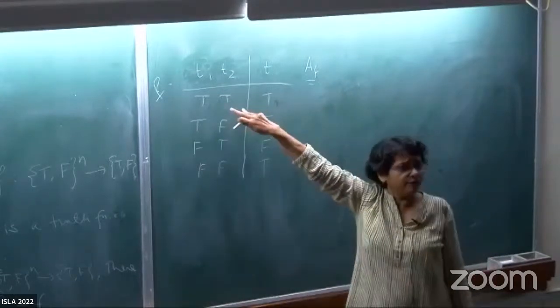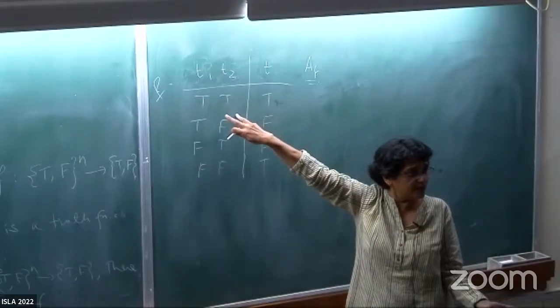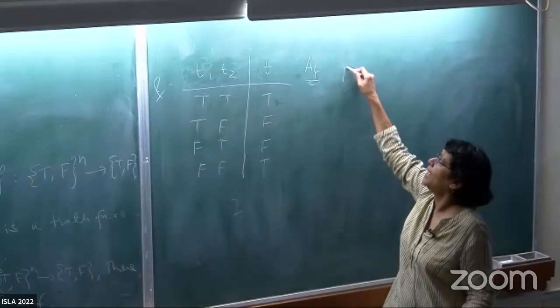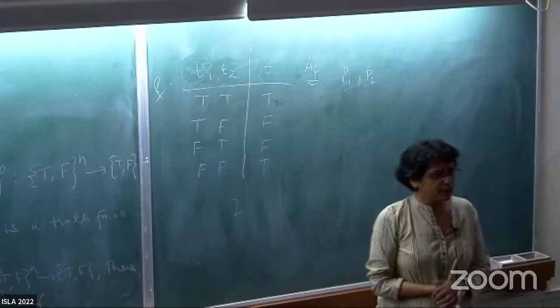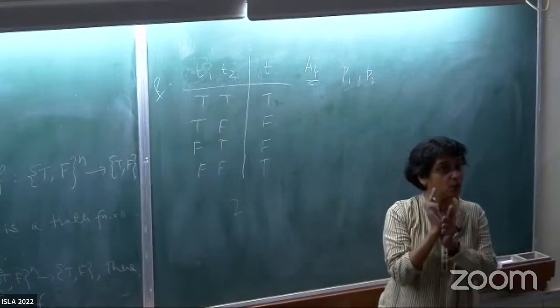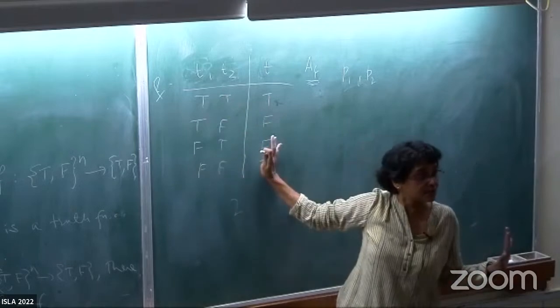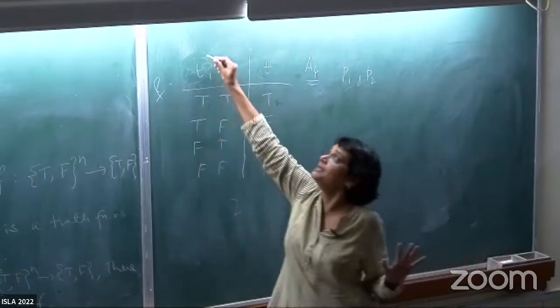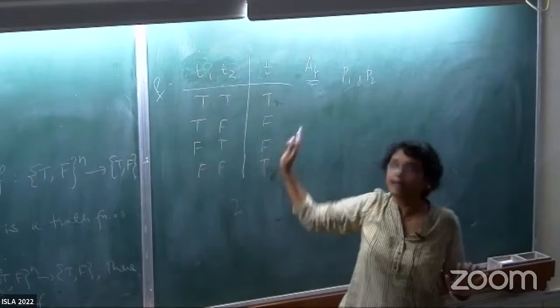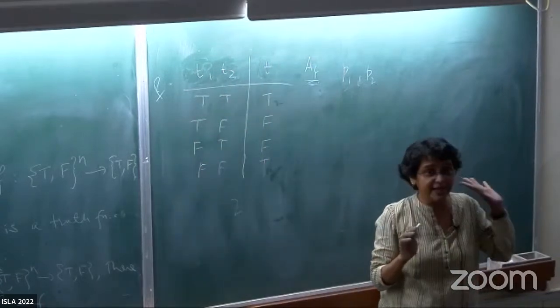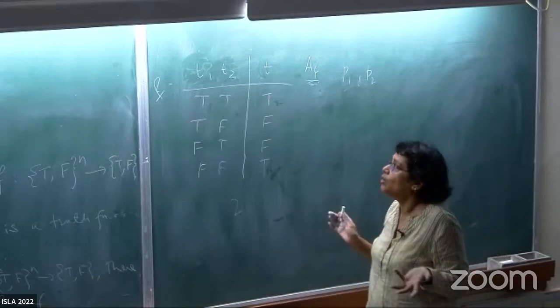I look at the number of variables that we have. So here it is 2. So to build this AF, I bring in 2 propositional variables, because remember the goal. I want the truth table of this formula to be just this, right? So I would replace this by P1, P2, and here I would have AF, right? That's my goal. So I want such an AF to come in, right? So how do we do it?